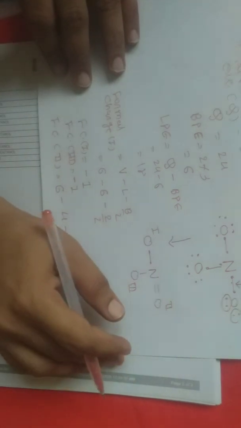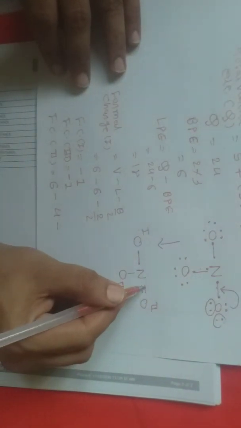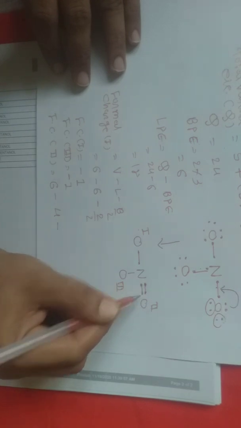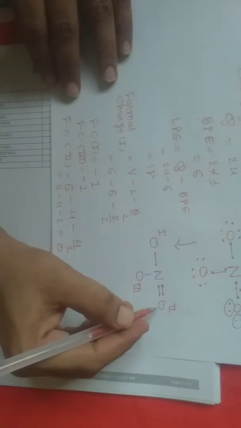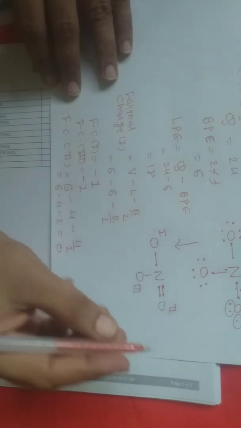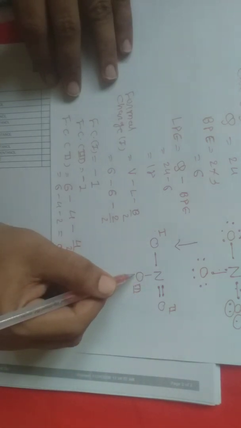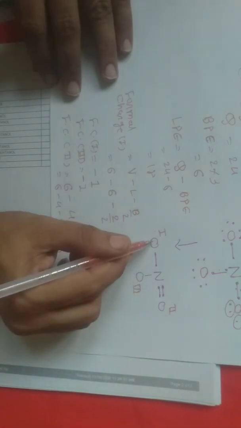So I will say 4 minus the bonding electrons, there are 2 bonds, so total 4 electrons are there. So 4 by 2. So I can say that 6 minus 4 minus 2 means 0 is the formal charge. So this oxygen has a 0 formal charge, this oxygen has a -1 formal charge, this oxygen has a -1